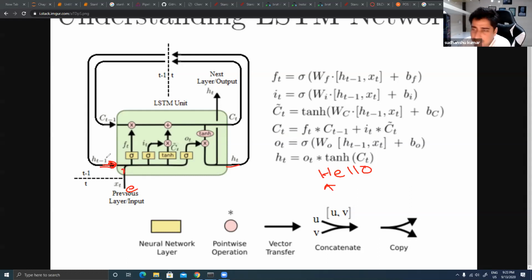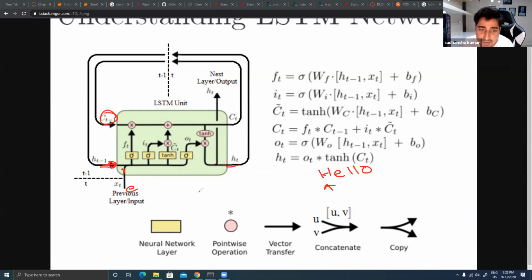So this time h_t-1 is not blank, it is not equal to 0. Even this time c_t-1 is not equal to 0, because last time I added some kind of context into this, and this is what I'm processing.